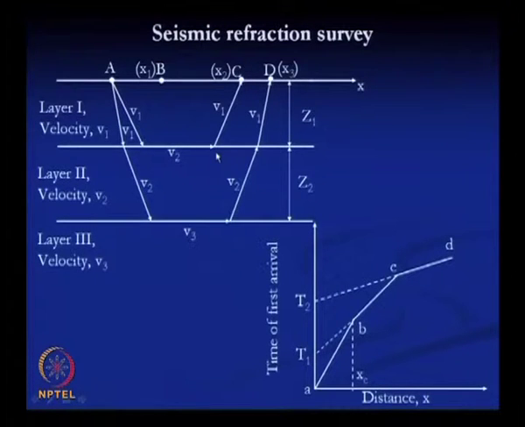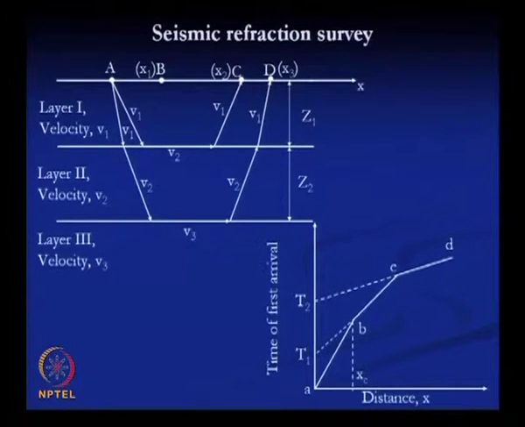Basically, by using this method we will determine the velocity of this P wave that is passing through the different soil layers, and the thickness of each soil layer through which this wave is passing. So, that means we will get an idea of where the different types of soils are, the thickness of each soil layer, and where the bedrock is present. So, we will get this idea by this surveying method.